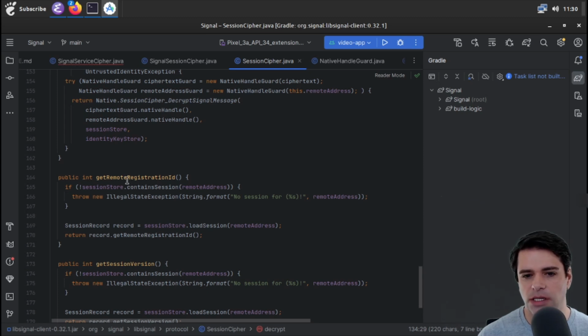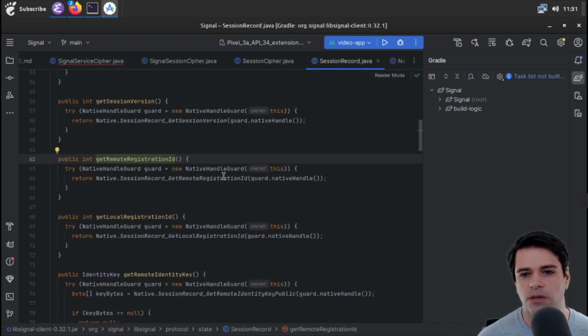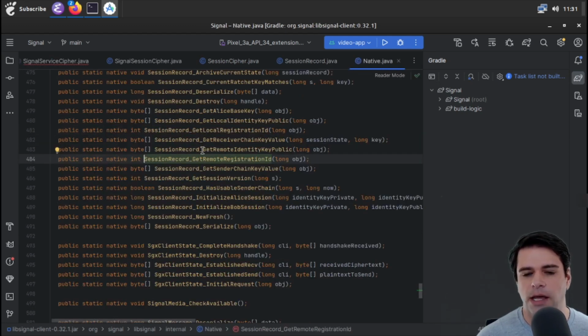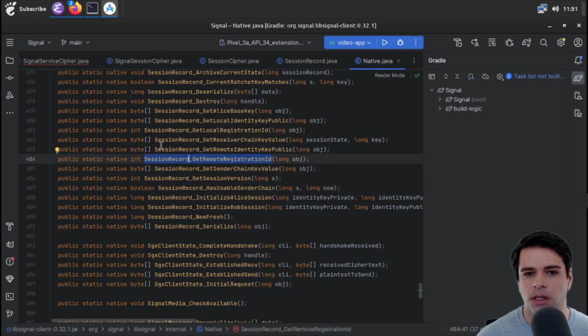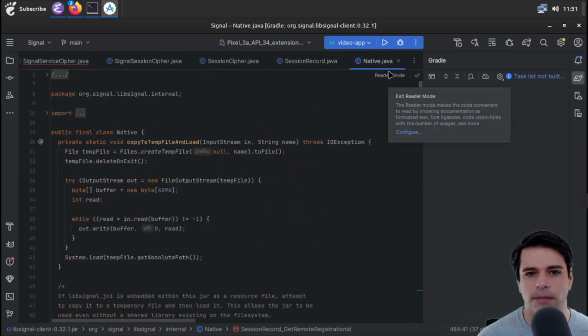Get remote message ID, get remote registration ID. We're just going to get it from the session store, load session on the remote address, and call get remote registration ID. I'm just curious what this is actually going to do. This is going to peek into the guard and do that. And this is a native implementation. So I guess, do we bottom out here? Or does this mean that there's like C code here? Public static native int. Yeah, I don't really remember enough about